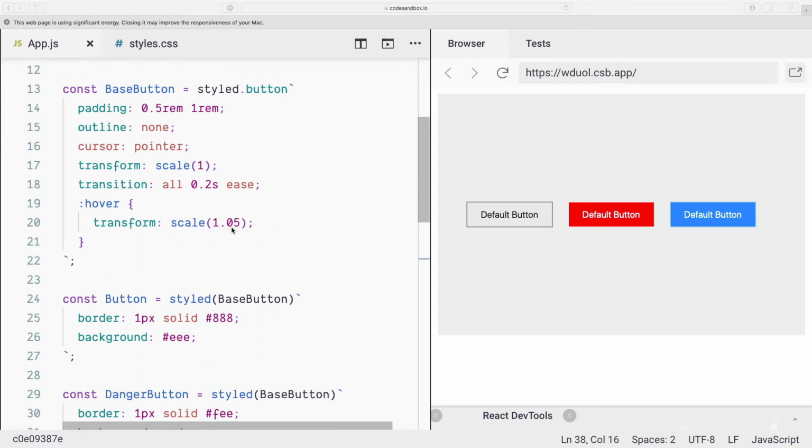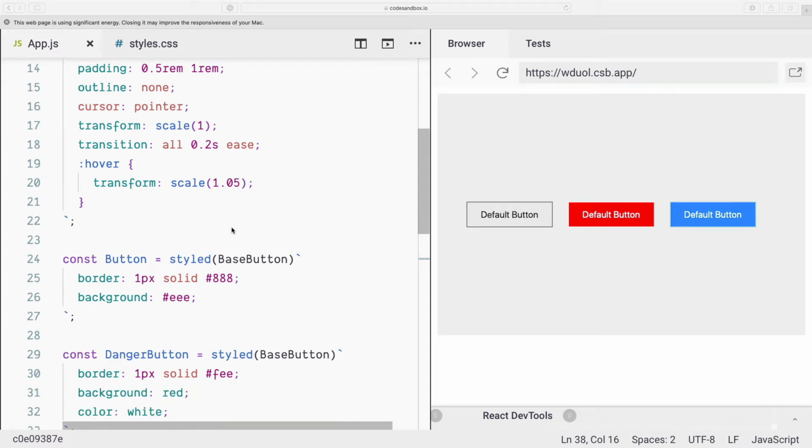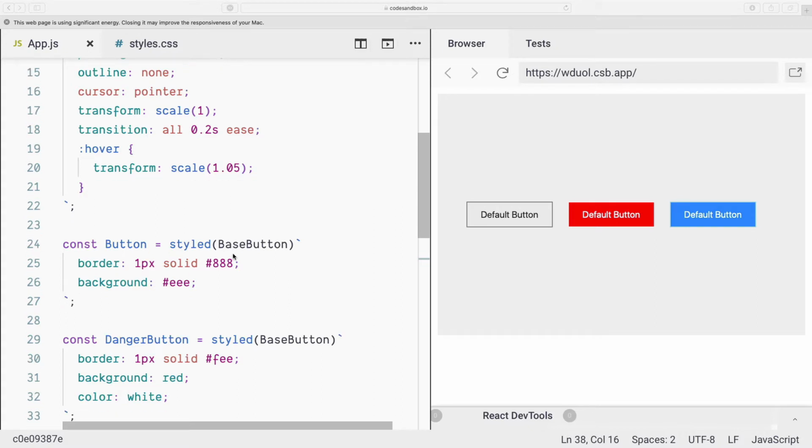Extending a base class to create more variants of a single component is extremely handy. But in many cases, we probably don't even need to do that. We can use a single styled component and make it behave differently in different scenarios. In this case, we can make our button component, a single button component, have three different backgrounds based on the